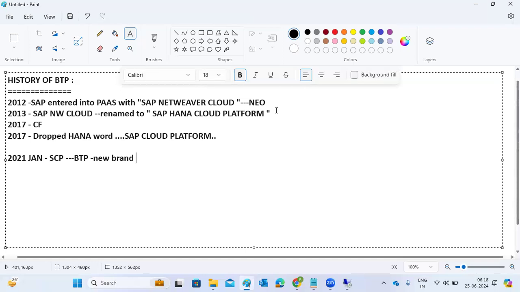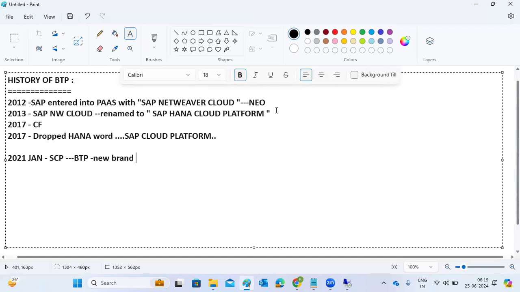As per my knowledge, the reason they rebranded Cloud Platform to BTP is this. Originally, SAP Cloud Platform focused on providing cloud-based services for business.